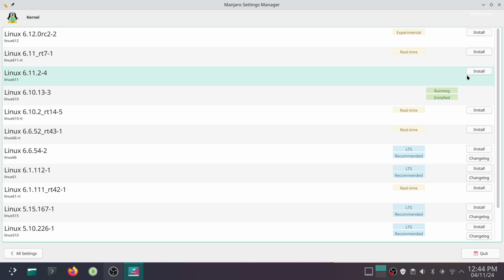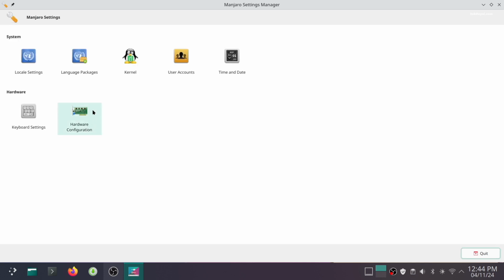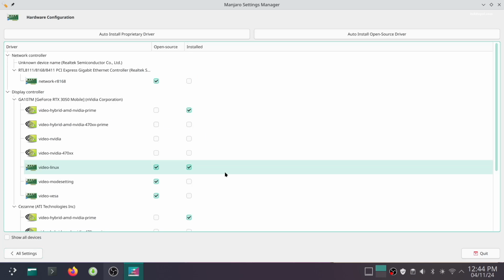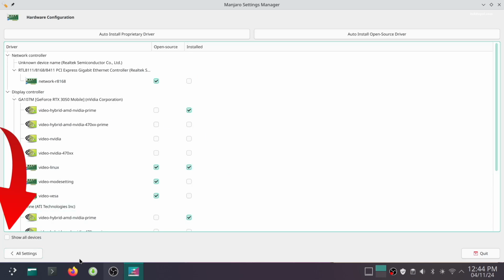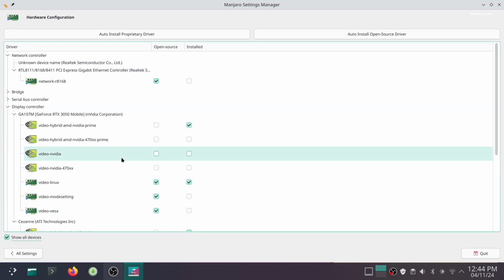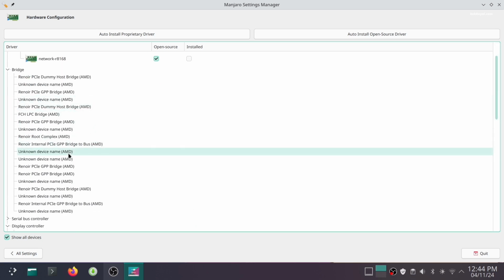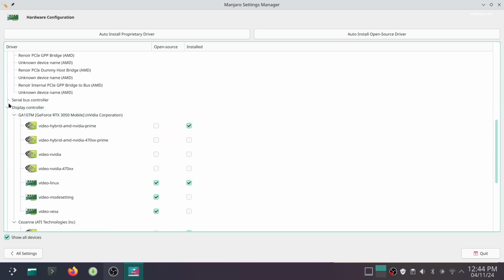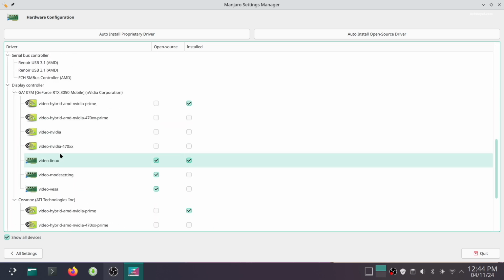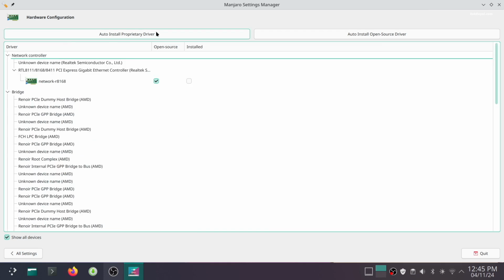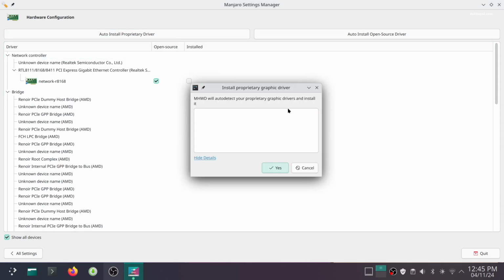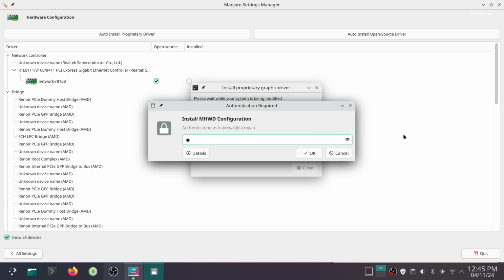To install recommended drivers, select Hardware Configuration. Tick the option to see available drivers and choose to install network and proprietary GPU drivers. After installation, reboot your computer.